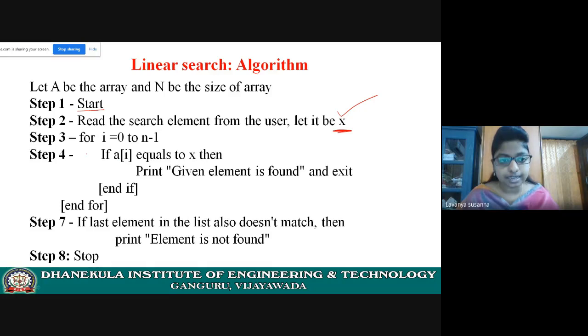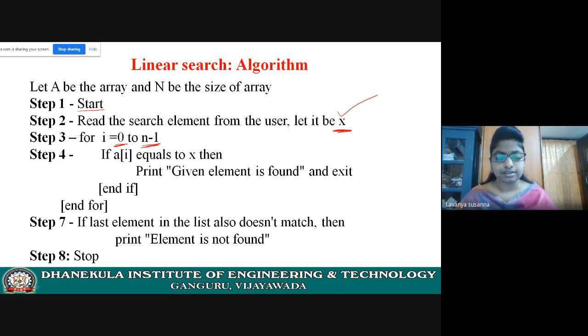Now see here, you need to use a for loop. As I said, index starts from 0 to n minus 1. That's why I have given for i equal to 0 to n minus 1.